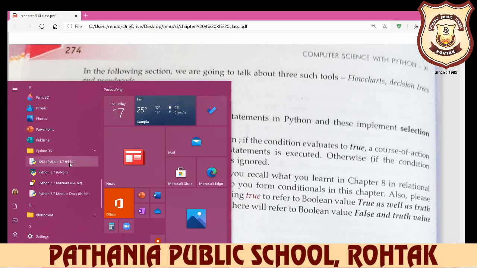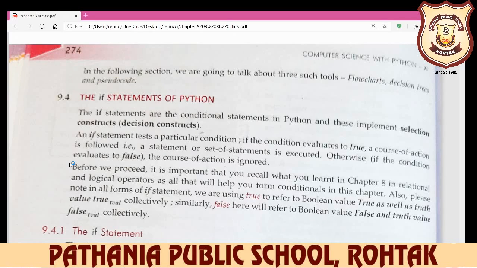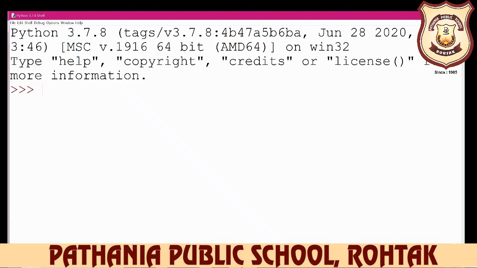So first you start the Python language and select the IDLE. Now here this is your interactive mode. Now everyone is aware about this. Just write down the variable name. For example, my first variable name is A. So just write down A is equal to, and here you write down the value. So A is equal to 20, for example.